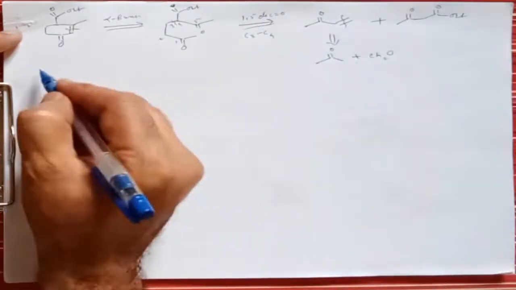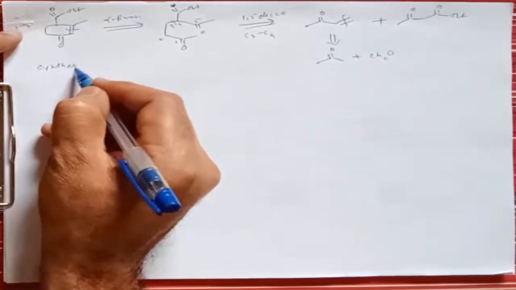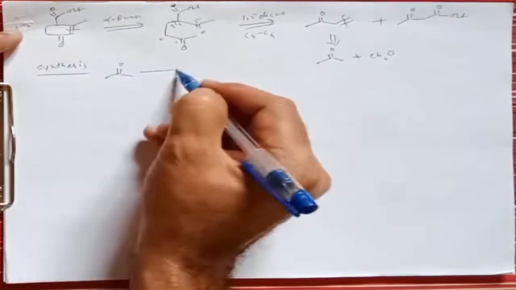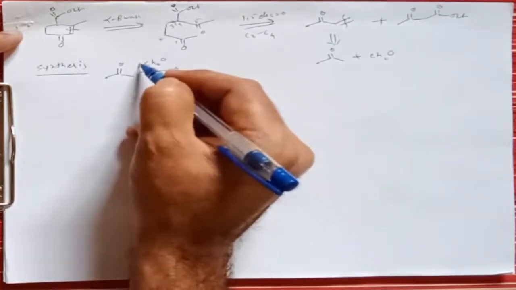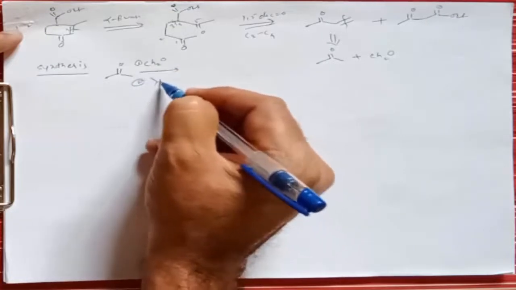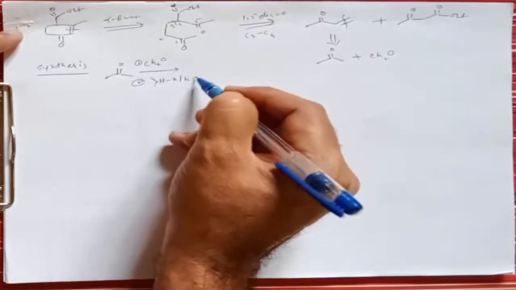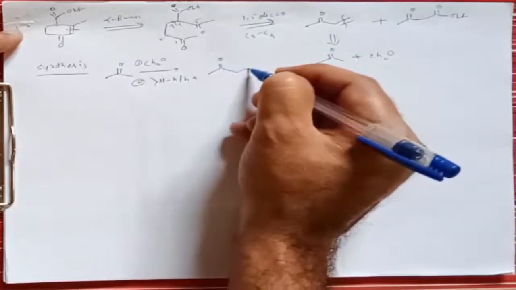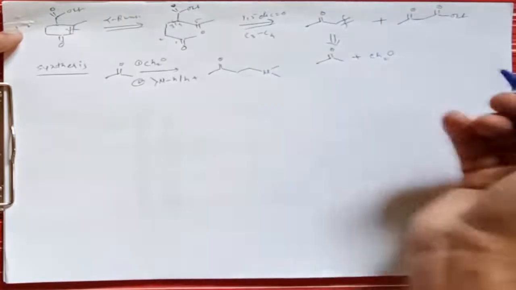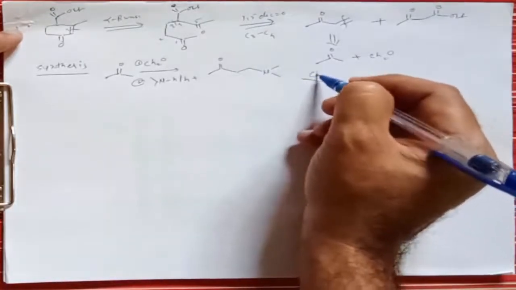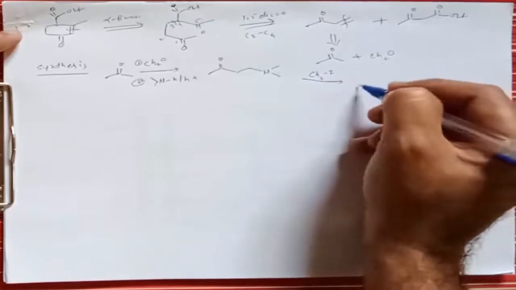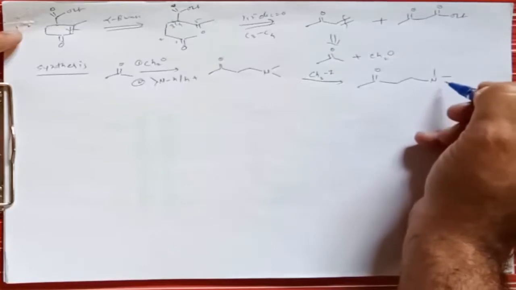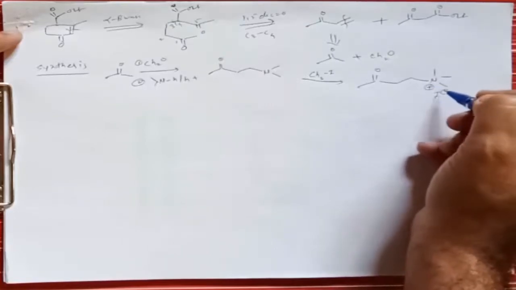If we go for the synthesis, in the synthesis, if you take this ketone and treat it with this formaldehyde CH2O, then if you go for this Mannich reaction, that is dimethylamine in presence of acidic condition, what does it give? It gives formation of CH3 C double bond O CH2, then N CH3 CH3, right? Now if we treat this compound with methyl iodide, what does it give? It gives formation of a quaternary ammonium salt, that is like this, plus it gives formation of ions.